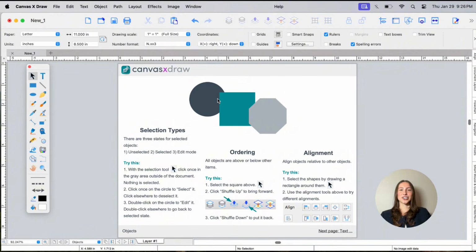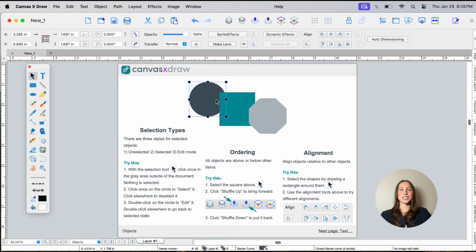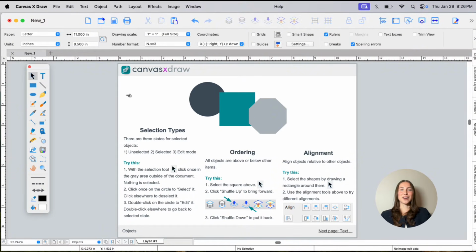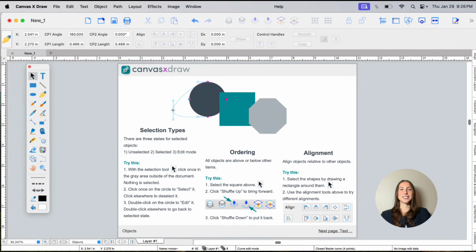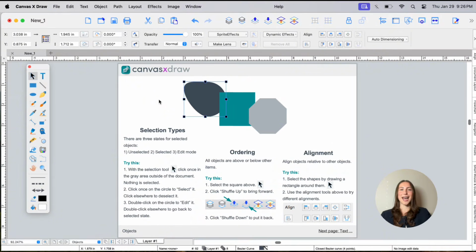Selection states in Canvas are intuitive. Click an object to pull up the math in the Properties bar. This is where you handle the fine-tuning without digging through sub-menus. If you need to modify the geometry, double-click to hit Edit mode. You'll see the pen icon pop up. That's your signal that you're working on the raw paths. Make any adjustments to your object and just hit Escape to commit those changes and get back to your selection